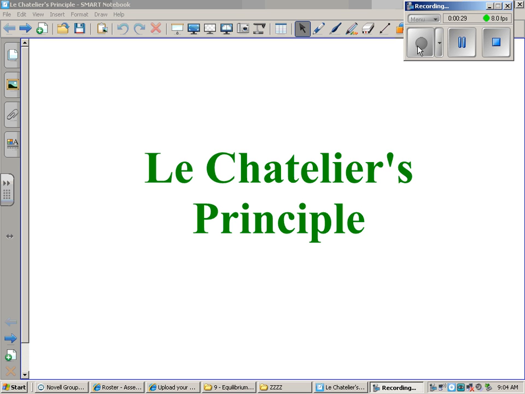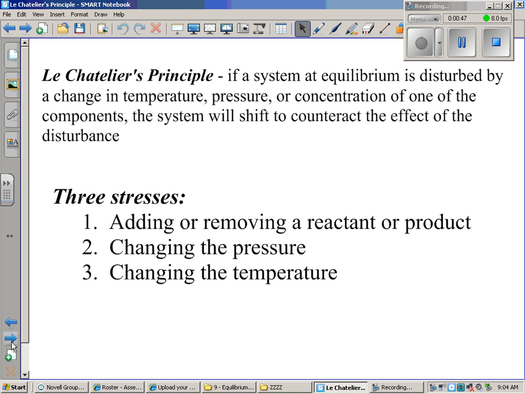You probably don't have equal amounts. One will probably dominate. Either you'll have more reactants than products or more products than reactants. But once you get to equilibrium, those concentrations stay the same. You didn't really fully understand that last year, but now that you do, Le Chatelier's principle should make a lot more sense. First of all, Le Chatelier's principle is the concept that when you have a system at equilibrium, you are going to put stress on that system,